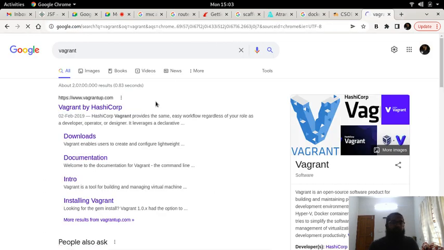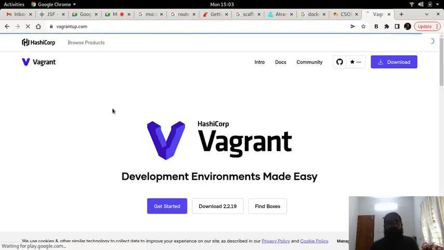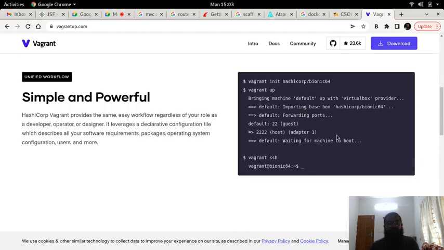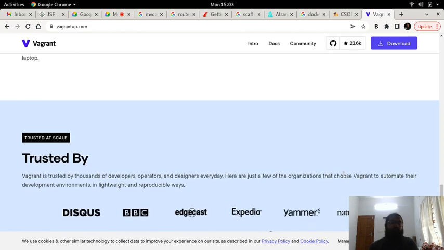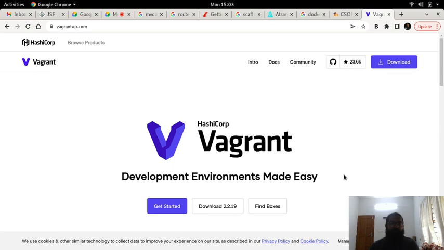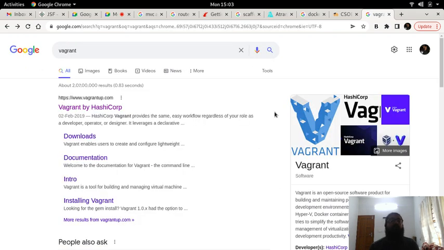How many of you have heard of that? You can use commands like vagrant init, vagrant up, vagrant ssh. This is related to virtual machine management, and Docker is related to container management.